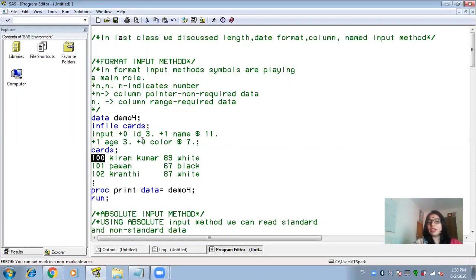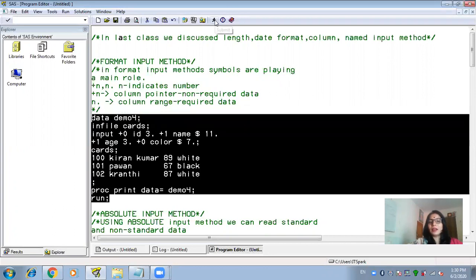The same data you can read with column input method as well, but this is one of the options which SAS has given to you. In case in certification you have to read this particular variable using format input method only, you should know that under format input method we are using +0 and +1: +0 without a space, +1 with a space, and the length of the variable. You simply select this